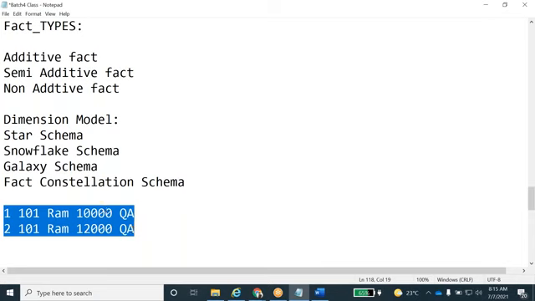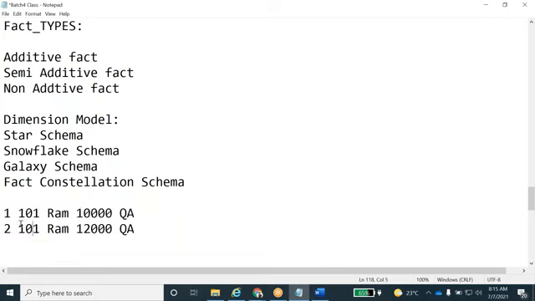That's why we say the dimension model is denormalized data and the ER model is normalized data. It won't allow duplicates on the ER model side, the OLTP system, but in the OLAP we are going to allow the duplicates. This is the duplicate only. If you remove this one, it will be duplicates only, right? But if you see the entire record, it won't be a duplicate.